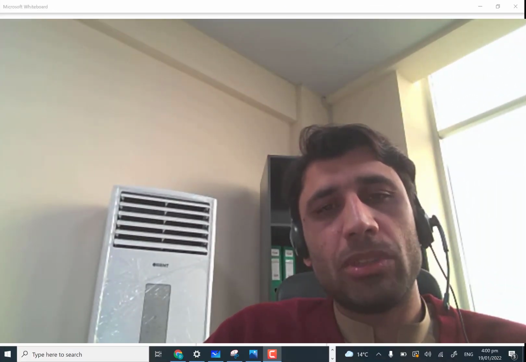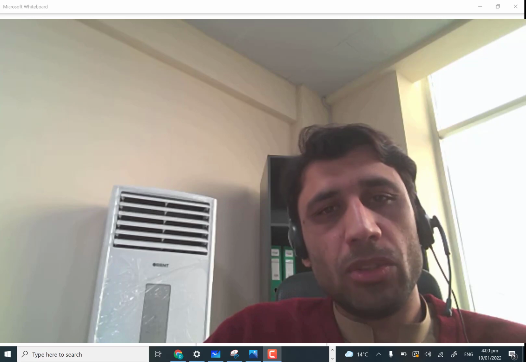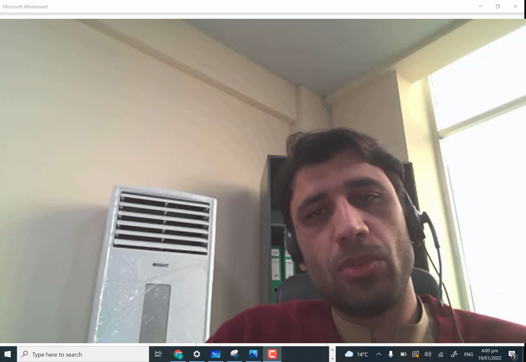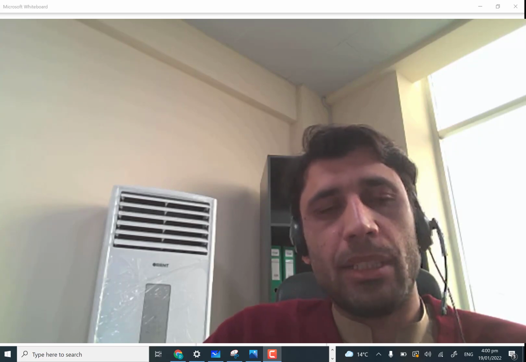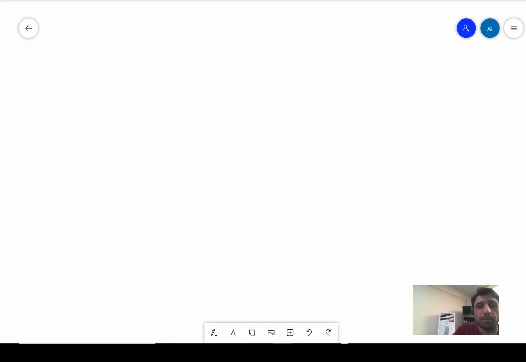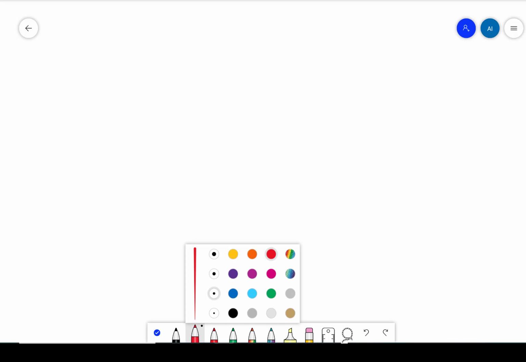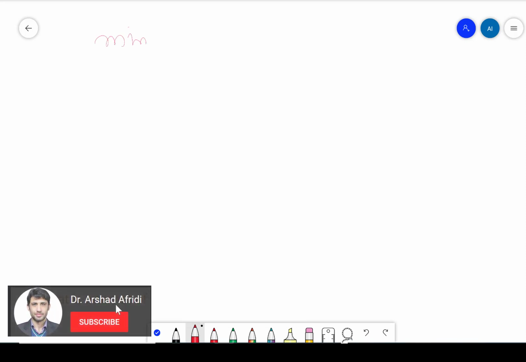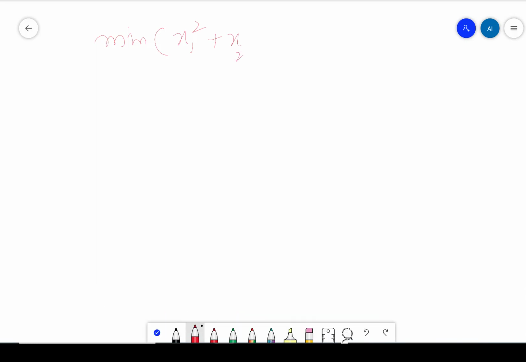Arshad and today we will learn a solution of constraint optimization through a Lagrange multiplier. So let's solve an example to understand this method. For example, we have this problem where we need to minimize x1 square plus x2 square plus x3 square subject to the condition